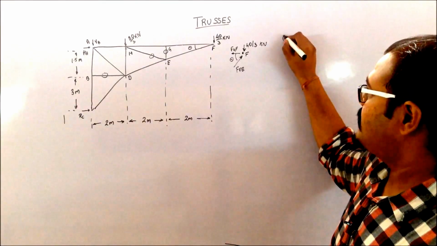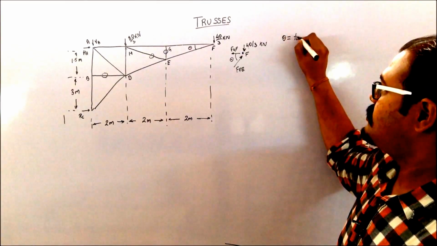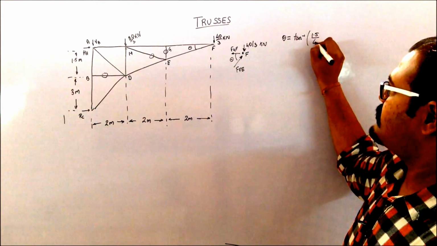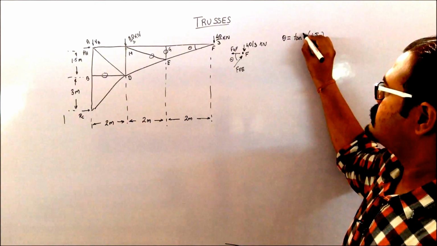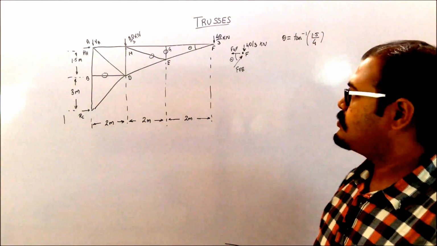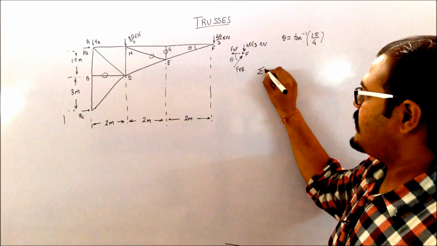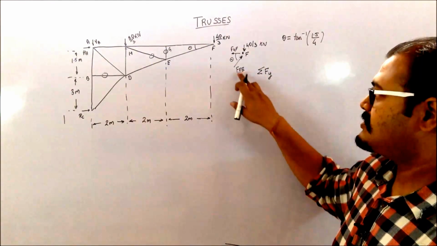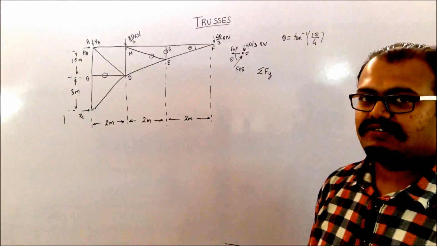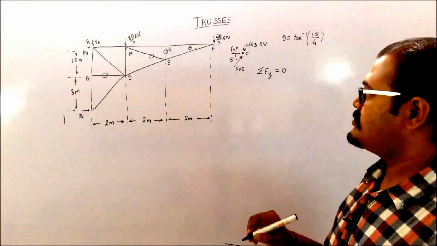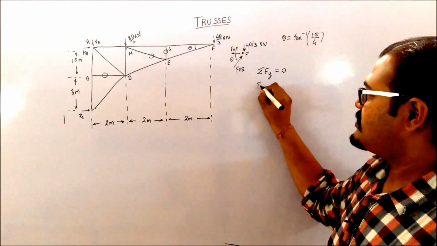So my theta will have the value of tan inverse of 1.5 by 4. So I can go for my summation Fy. The reason I'm going for summation Fy is because I will be directly getting the value of FFE in that. So summation Fy equated to 0, I will be getting FFE